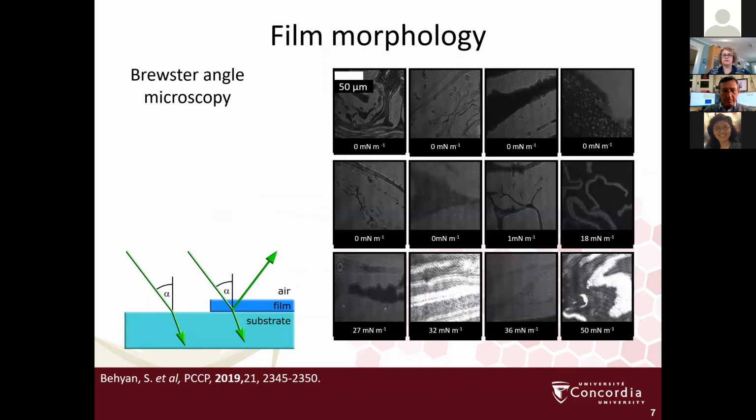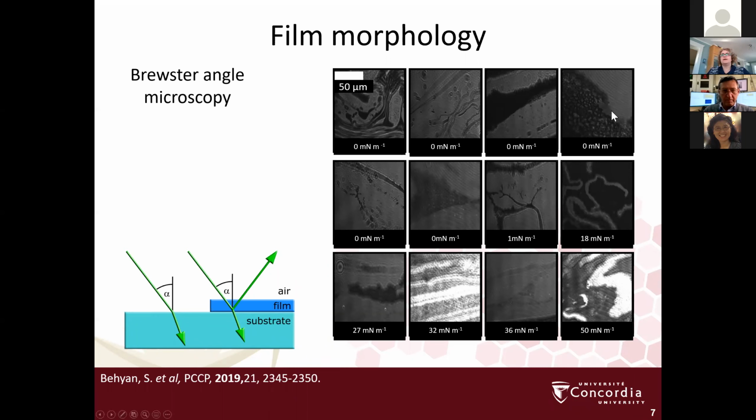However, the Brewster angle microscopy was quite unusual. So the first thing is, of course, that it shows at 0 millinewtons per meter, in quite large, high areas per molecule, so well away from that critical area where you start to increase the pressure, the formation of these large condensed phase regions, very typical, I suppose, of any cohesive monolayer with hydrogen bonding that tends to aggregate. But they're very striated. So you get these highly elongated striated domains showing a tendency for a preferred growth direction. So the strong head group interactions over line tension dominating.